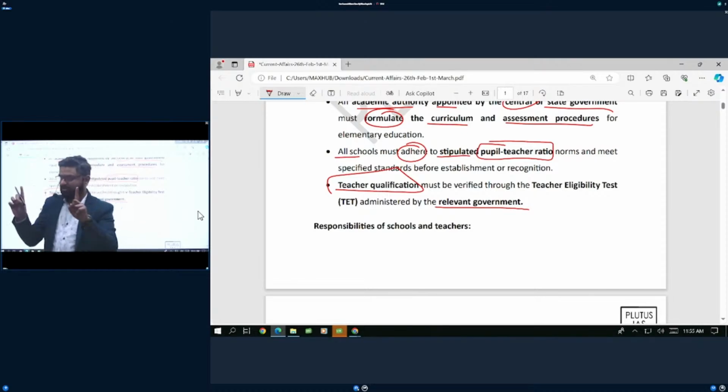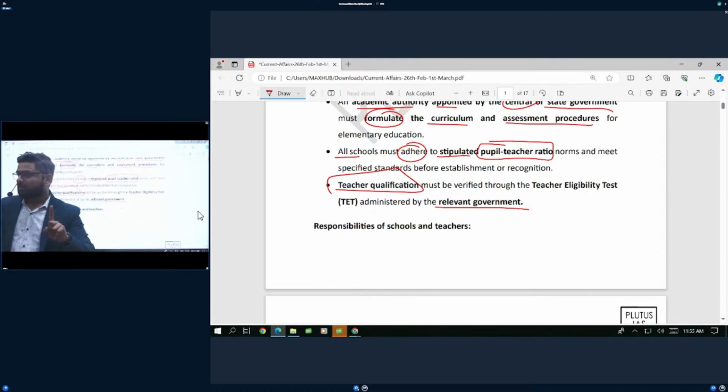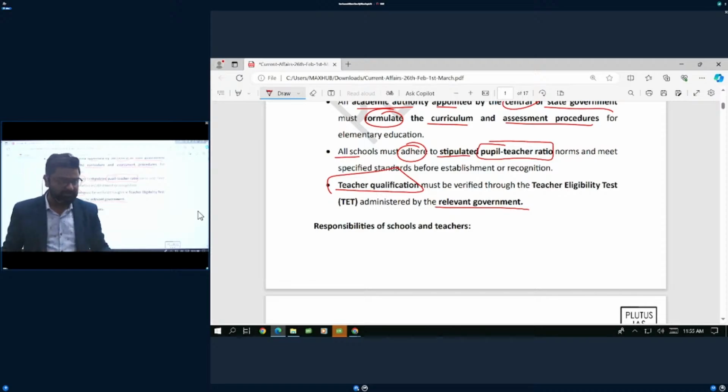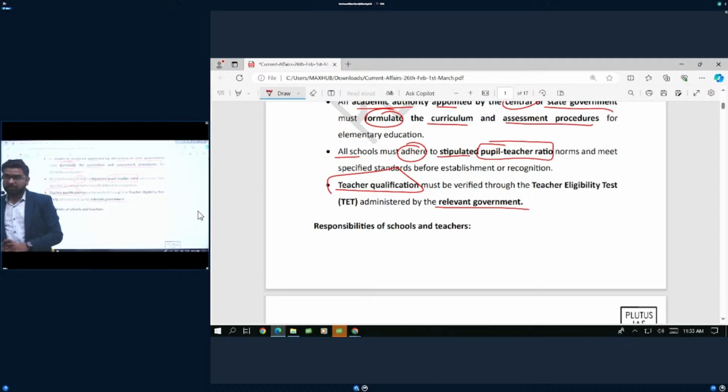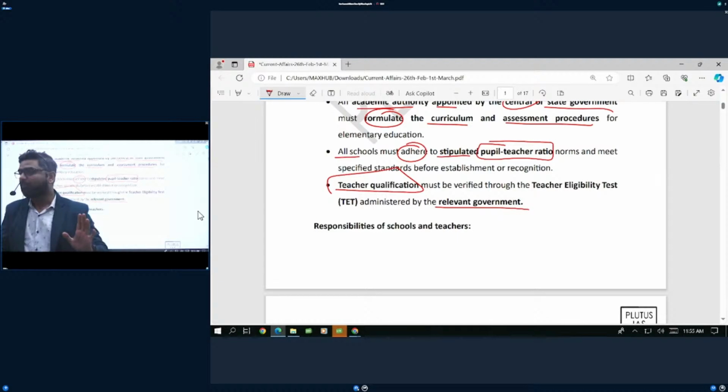There are two students. One from a pathetic government school. Chalo, Delhi mein to schools have been improved very much. We will do that as a case study. Delhi mein schools have been improved very much because the Delhi government devotes 25% of its budget on schooling. The government schools in Delhi match any private school you can imagine. Not all, but many. बाकी states में बहुत बुरे हालात हैं, particularly UP Bihar में तो बहुत ही बुरा. UP, Bihar, Jharkhand, Orissa, they have very pathetic condition of schools. स्कूल छोड़ो, बस नाम है बोर्ड, बोर्ड लगा होता है, बाकी everyone is sitting on the ground, no teacher, nothing is available. This is a disaster,